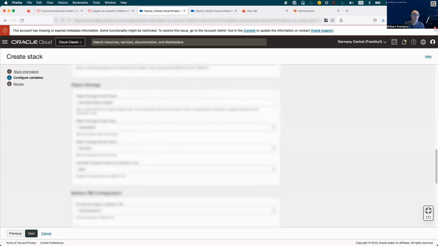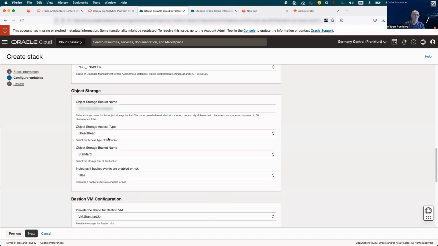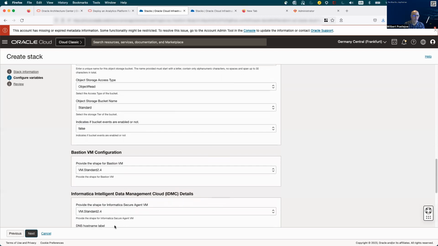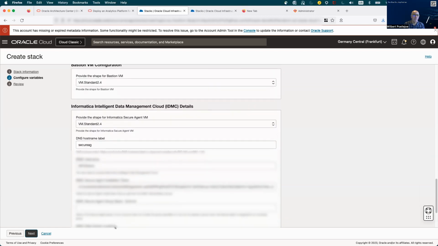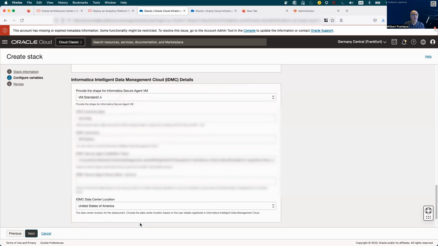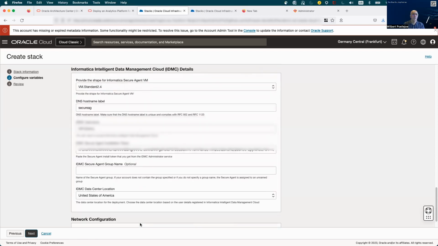And as a final step, you can specify some details for the object storage: what type of storage, what type of bucket it will be, and of course the name of the bucket. And then, after also having created the bastion, some details regarding the Informatica IDMC agent,